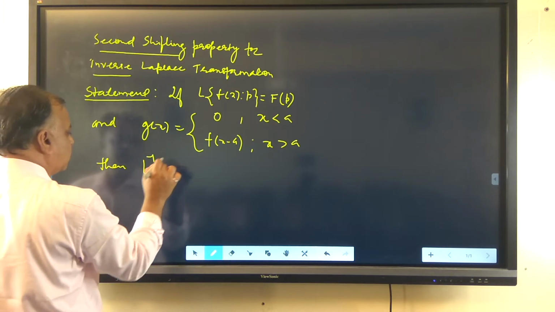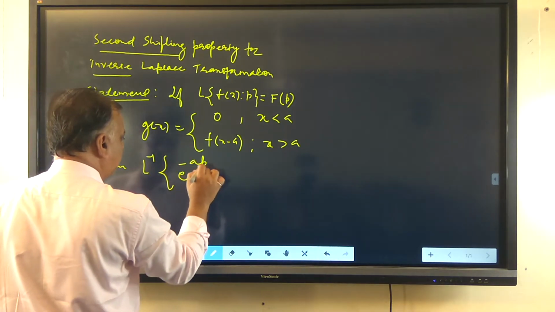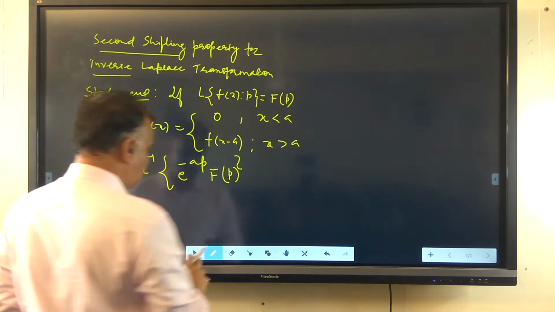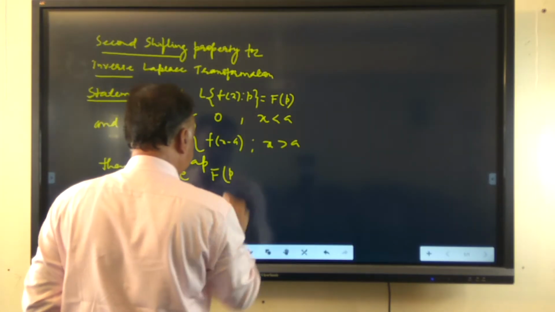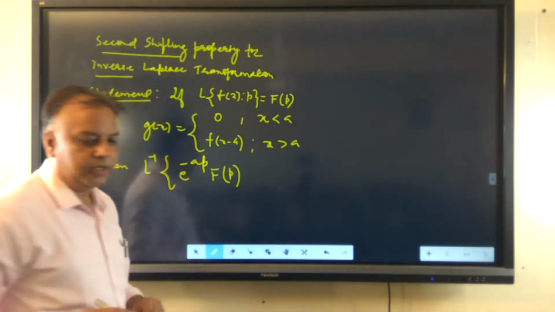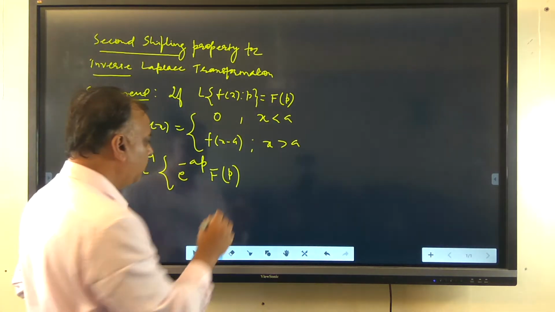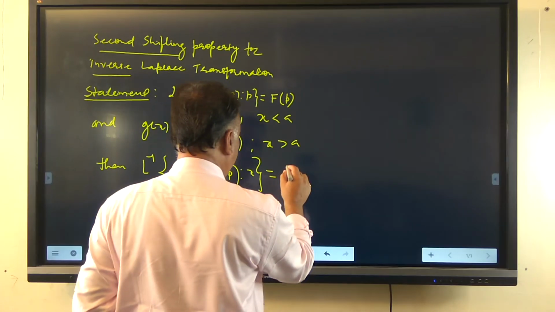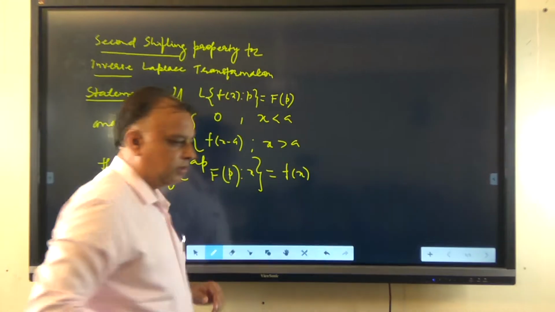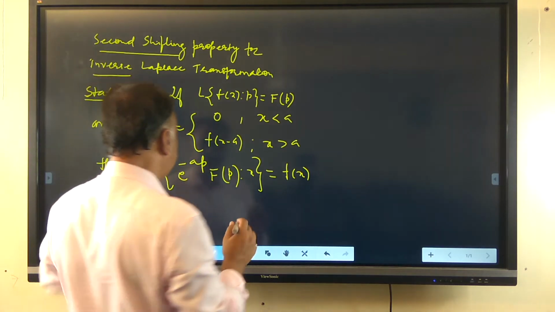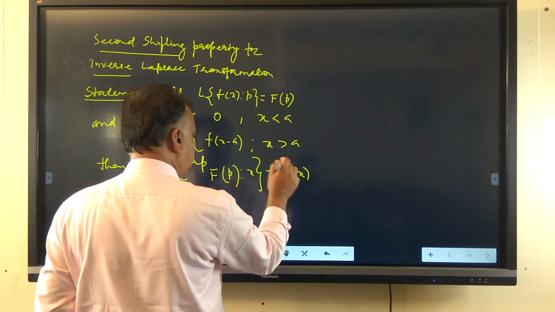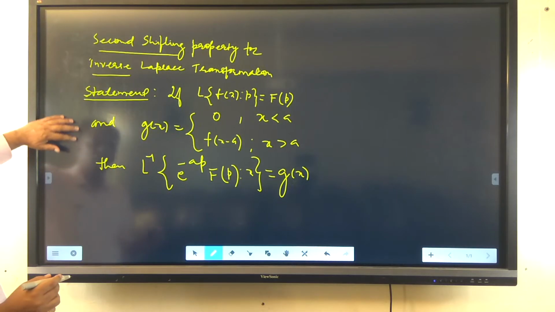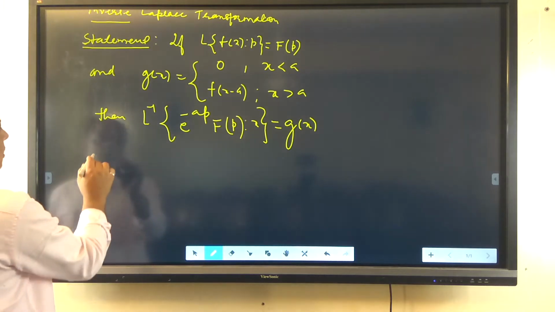then the inverse Laplace transformation of e raised to minus ap F(p) with respect to x is equal to f(x), or rather, this is g(x), not f(x). This is g(x). So we will prove this property